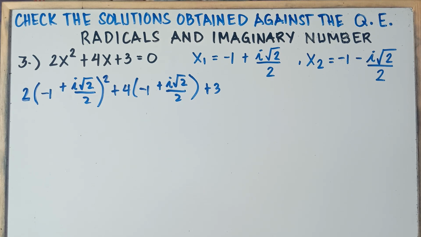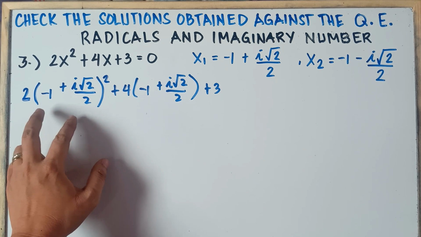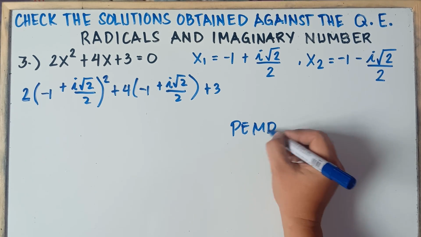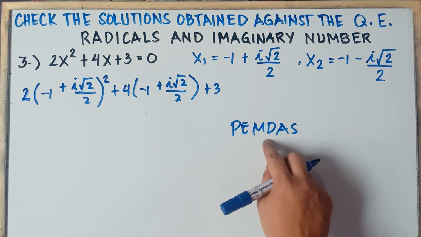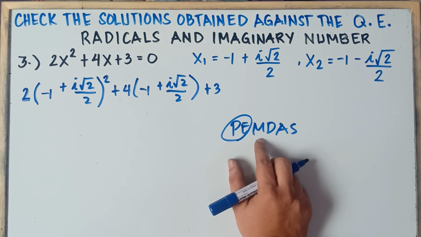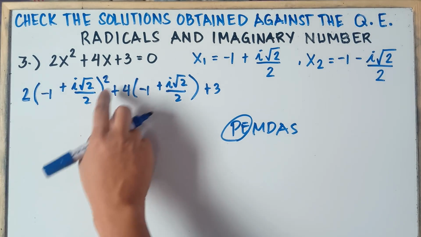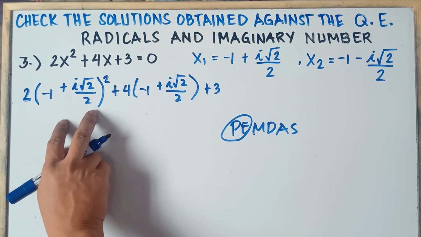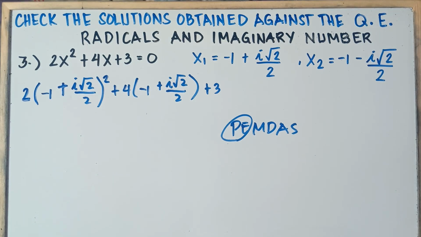Alright, so once again, class, first thing to do is we need to simplify this one. Do not multiply 2 and this expression. It should be this expression squared. You always follow PEMDAS, class. Just to remember, PEMDAS: parentheses, exponents, multiplication, division, addition, subtraction. So parentheses and exponents come first before multiplication. So we simplify this one first. Now if you have squared, it means that you multiply this expression by itself twice.